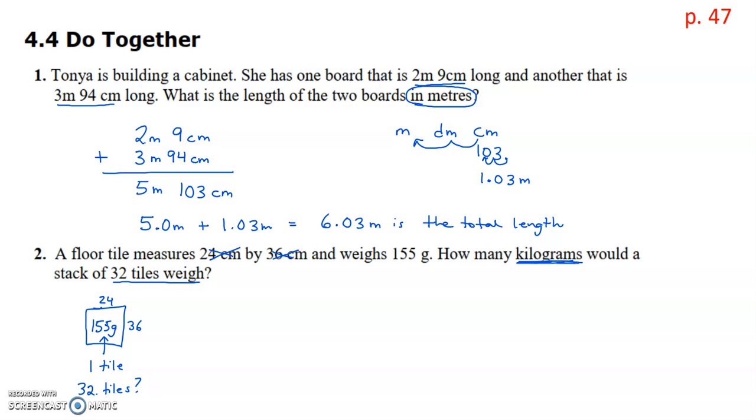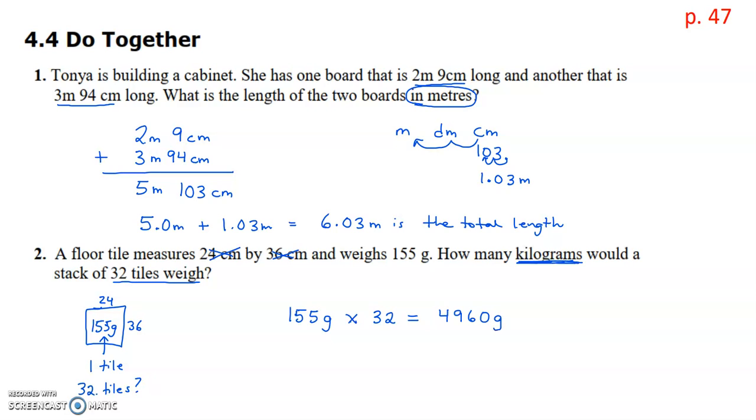So you have some choices. You can convert the 155 grams first, or you can find the total weight in grams and convert your answer later. And that's the method that I'm going to show. So I'm going to take the single tile, 155 grams, and because I have 32 of those, I'm going to multiply by 32, and that's going to give me my weight in grams. When I multiply 155 times 32, I get